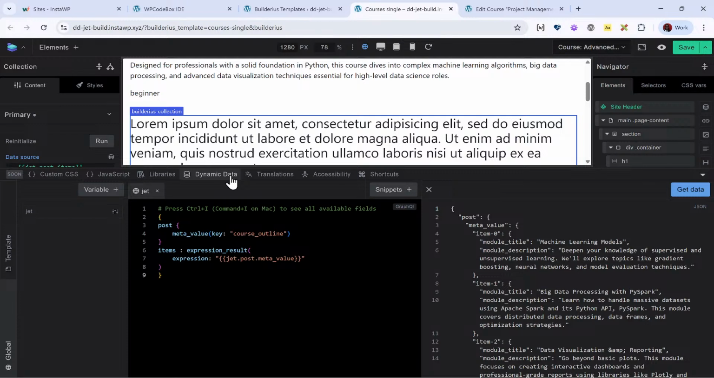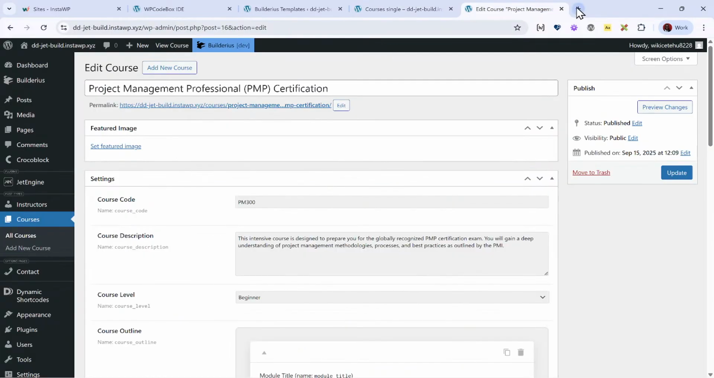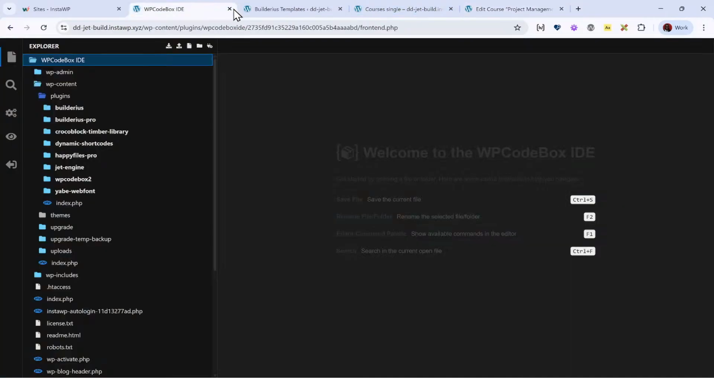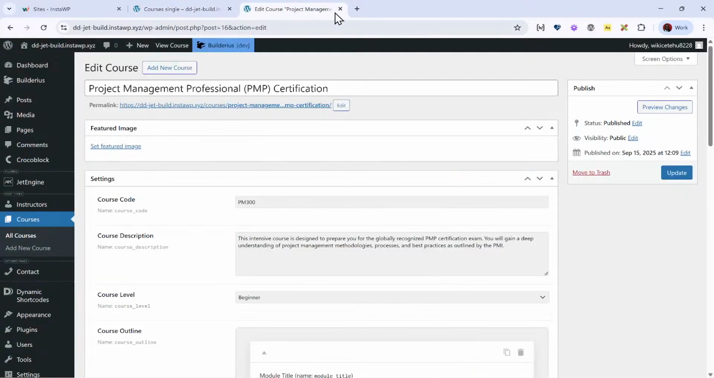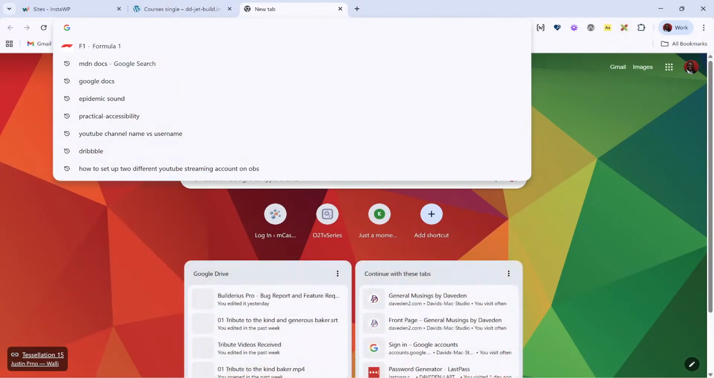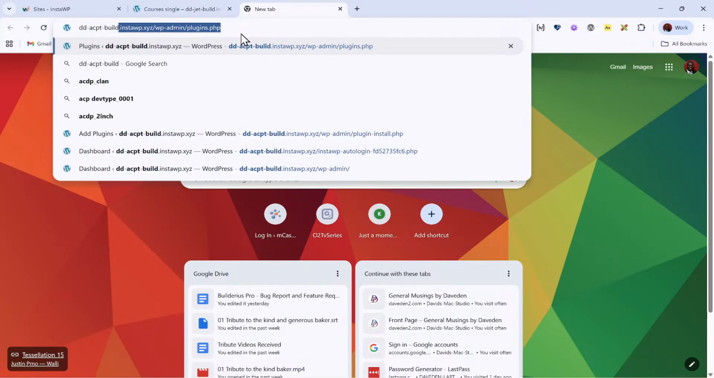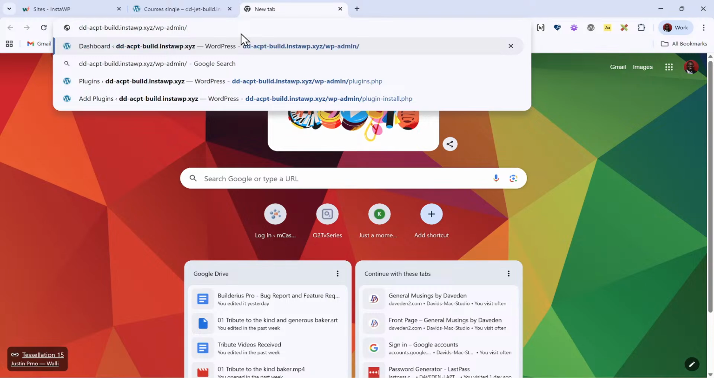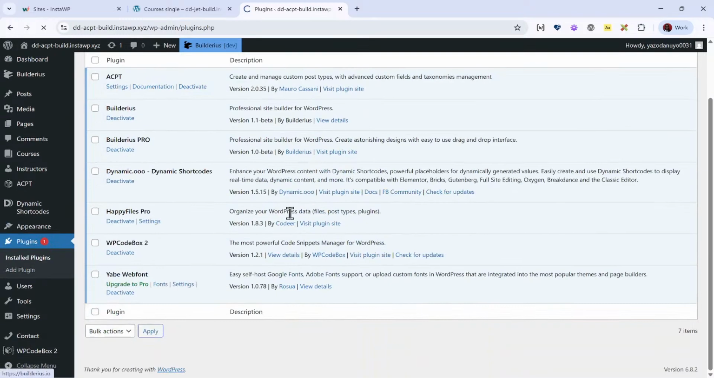So let me first switch over to ACPT and see if it is going to be the same problem. If it is, then I guess I'm stuck basically. So let's close this. No, leave that open, save it, and close. So let's try with the next one, which is ACPT. I have to do the same thing. So let me go ahead and install WP Codebox IDE to delete my